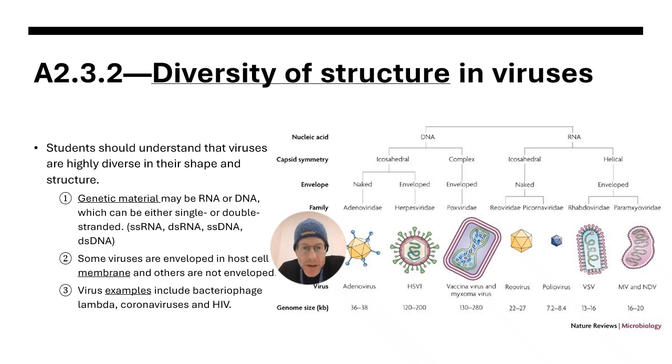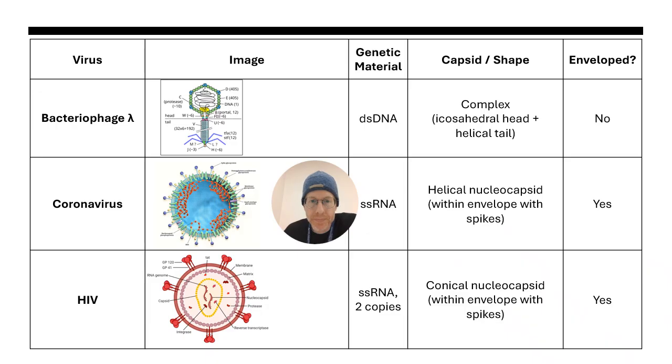Examples of viruses that you need to know about are bacteriophage, bacteriophage lambda specifically, coronaviruses, and HIV. So just looking at those in more detail, you should be able to recognize bacteriophage lambda for sure from an image. It has a very distinct structure. Its genetic material is double-stranded DNA,